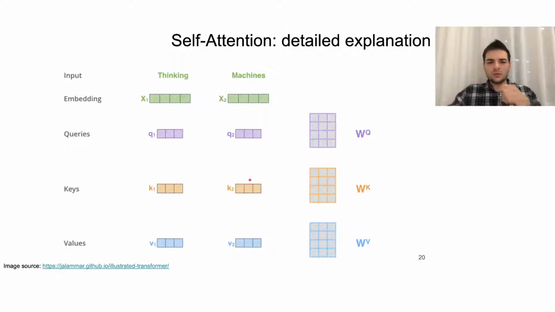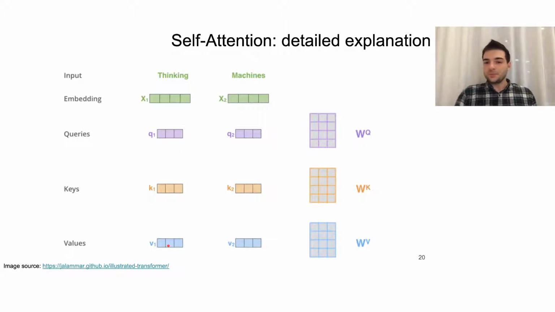Okay? One could say, wait, we have three vectors here. We have also values vector. What's that? Actually, that's also really, yes, straightforward. So we have vector for every word. If we look from this word into another word, we have key if we look on this word from somewhere else. And also we have third vector, which is actually used just to represent the meaning of the word. One could say actually that we can use the original embeddings as well for that. You're right, but authors proposed to use three vectors: from where to where, and what do we see?